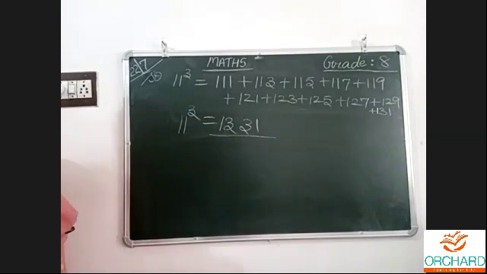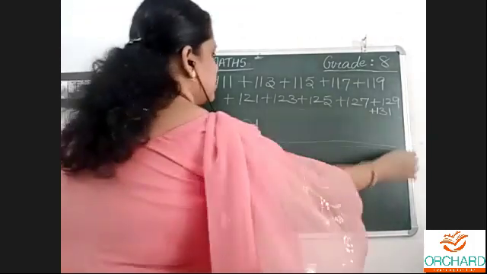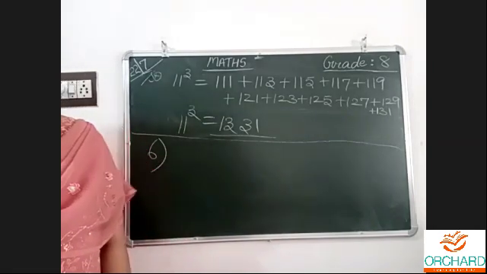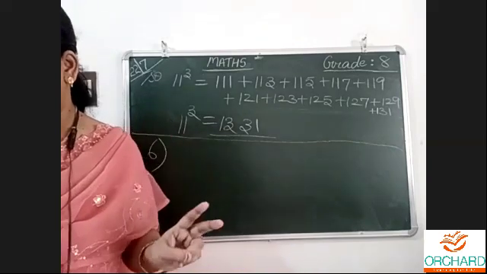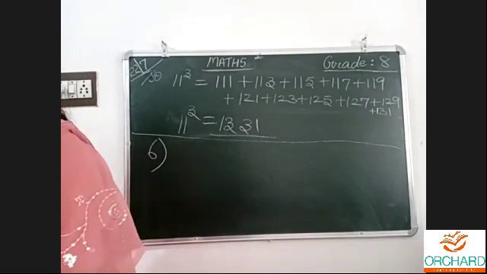Now let us pass on to question number 6. This is over, one means right. For that only I didn't erase. Question number 6: give 2 numbers for A such that A squared is equal to A cube.